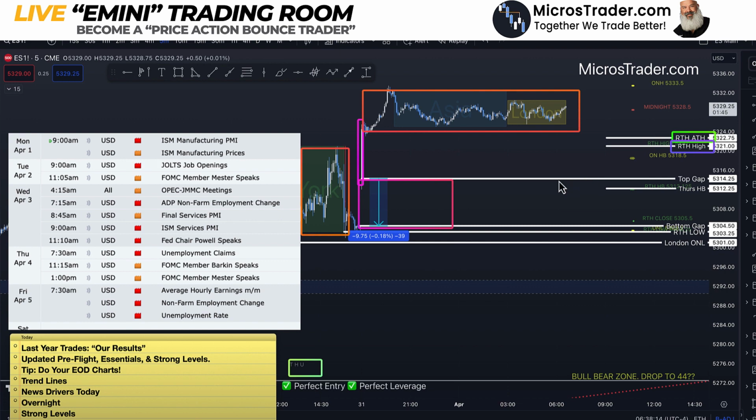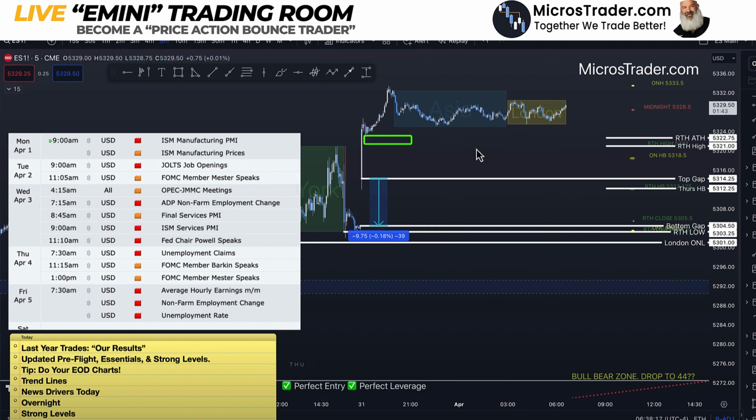And so we are sitting on top of this gap with two monster cushions of just space below us. So it'll be real interesting to see. Now, I did publish the strong levels. This little strong range looks like it's about 93 to 90.25. I think it's actually 93.25 and 90.50. And then I have this strong level at 92.55. Do we drop down to 44 below us from here?